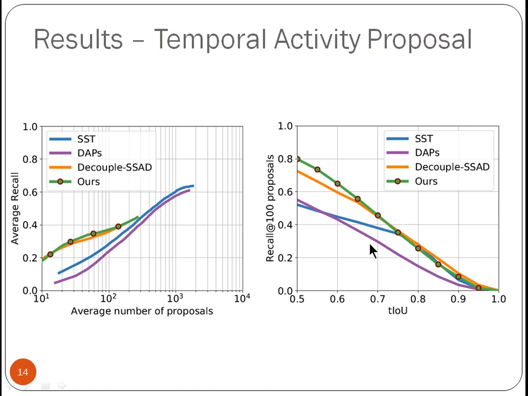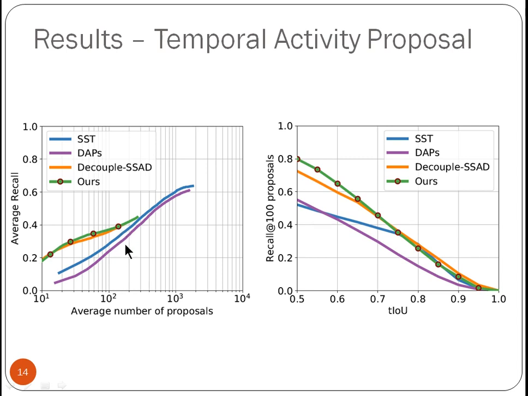And here we report results on the quality of our proposed activity segments. On the left, we plot average recall against the average number of proposals generated per video by our proposed method and some other state-of-the-art methods. As you can see, our proposed method, marked in green, outperforms the other methods for a low average number of proposals generated per video, which signifies that the top predictions of our proposed method are more likely to